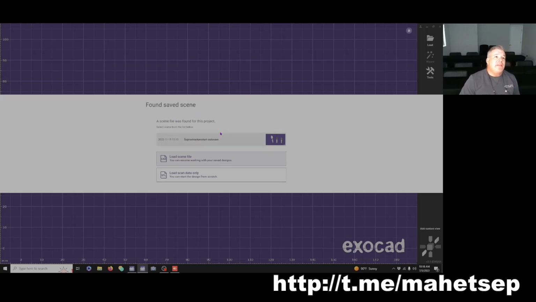There was previously saved in this on this program, so I'm not going to load a scene file. That's a saved file. I'm going to